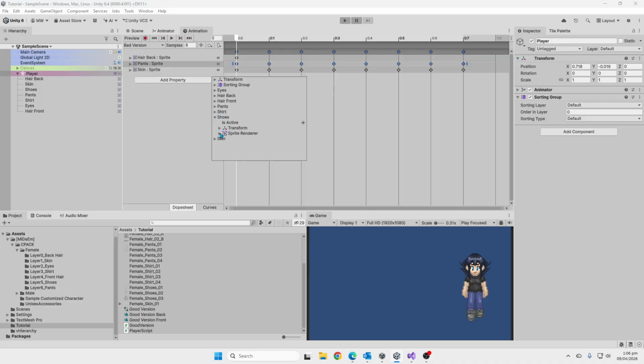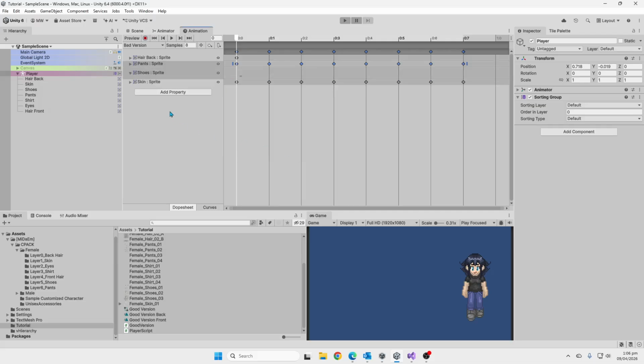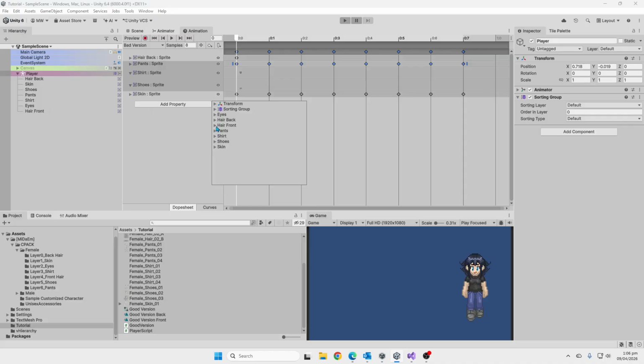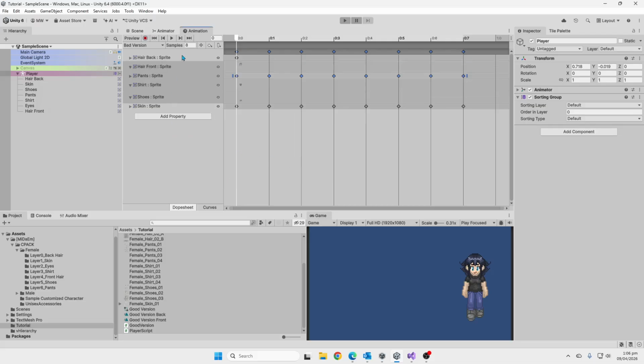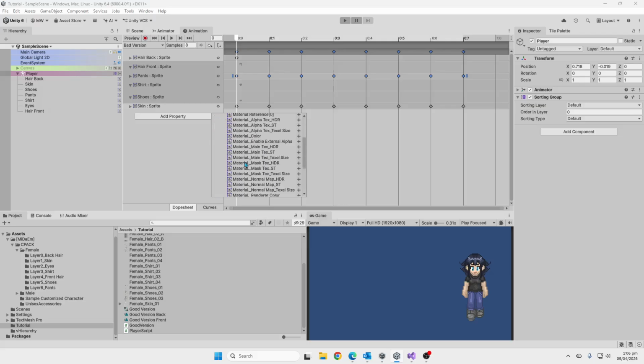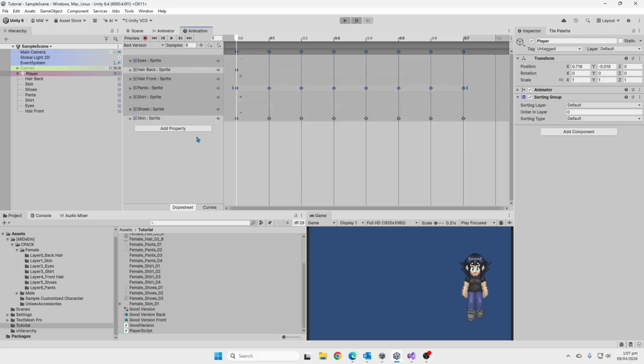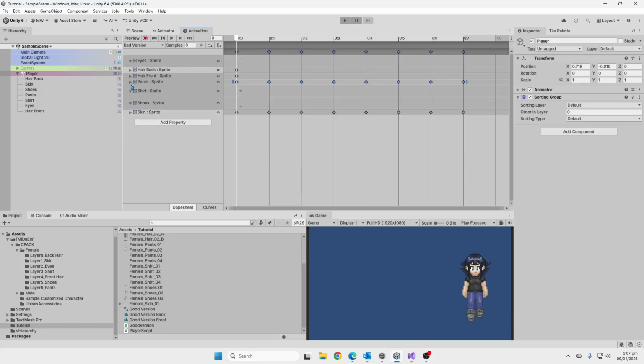Now let's do shoes. What else do we need? Shoes. I don't have shirt, so shirt. Hair front. And I believe that should be all. So hair back and front, pants, shirt, shoes, skin, eyes. Okay, once I have that set up, as you can see,